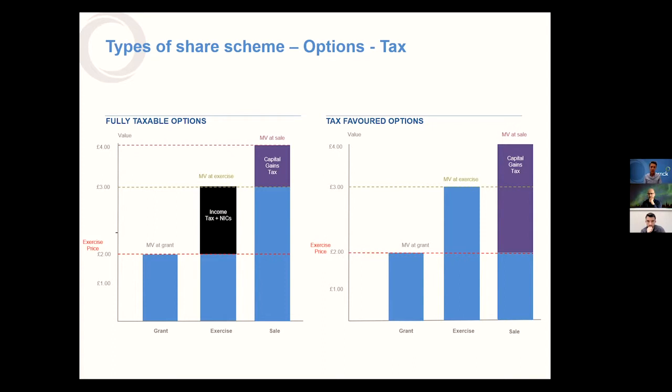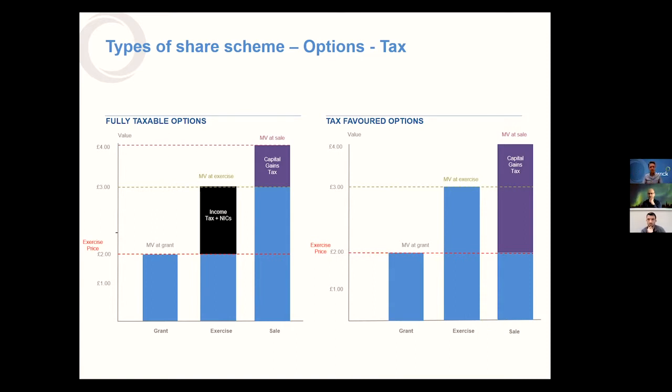You'll have capital gains tax on the amount by which the sale proceeds exceeds, again, what we call your base cost. And your base cost was how much you paid to acquire those shares, and any tax you paid on exercise. Obviously there you haven't paid any tax on exercise, so your base cost is £2. In this example, you've sold them for £4. That should all be capital gains tax.